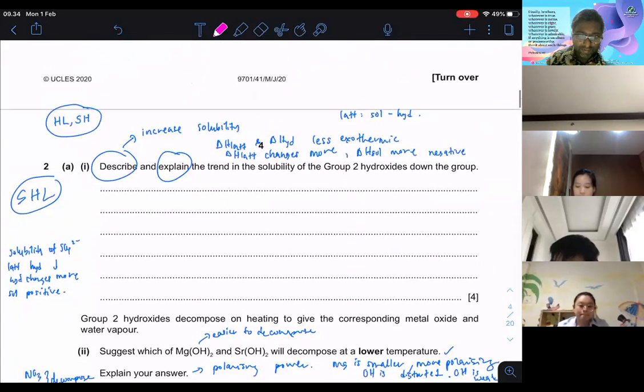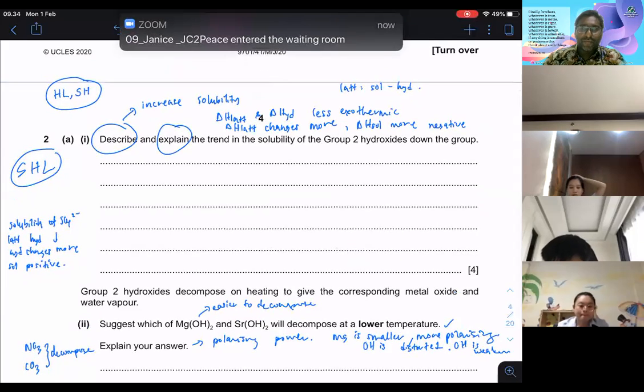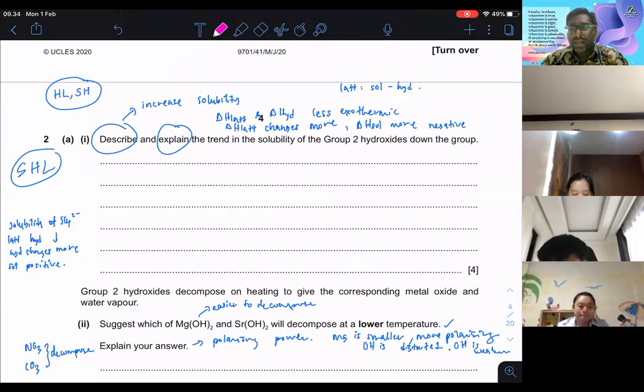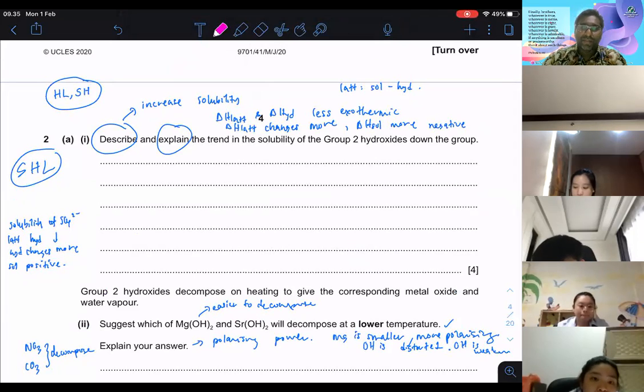The next question is going to be question number 2, which is very, very important. This is what I want to actually highlight every single time when we learn lattice energy. When you revise your lattice energy, this is something that you really need to take note. Please remember this. Describe and explain the trend in solubility of the group 2 hydroxides down the group. If they ask you this question in your AS, they will just say